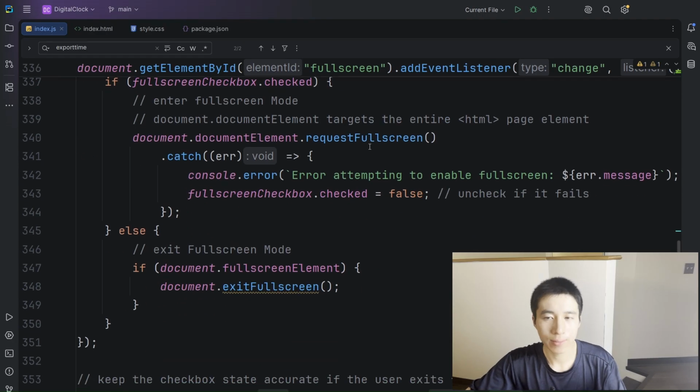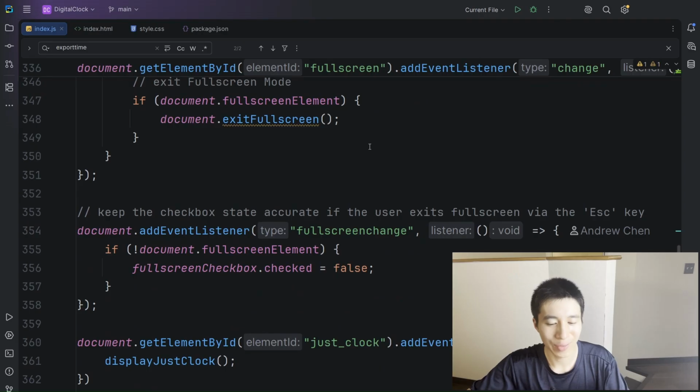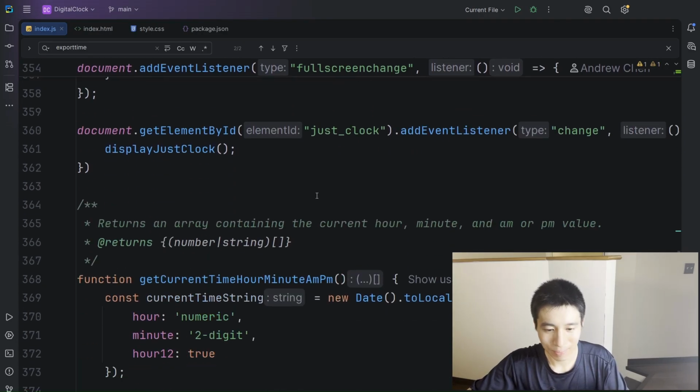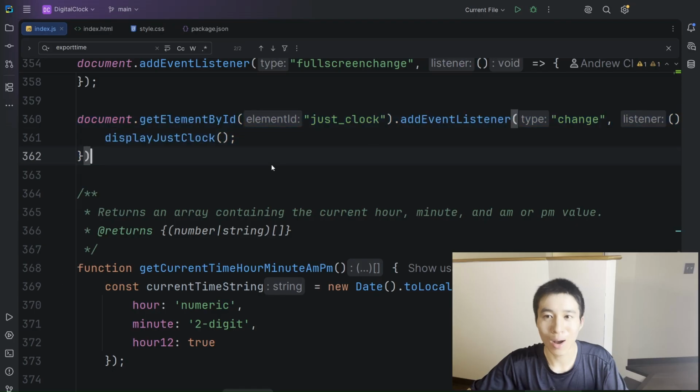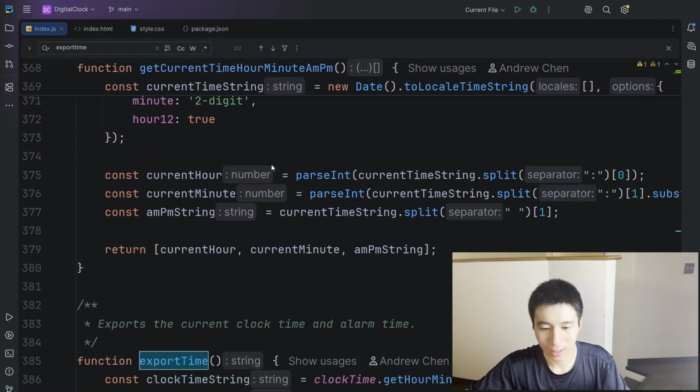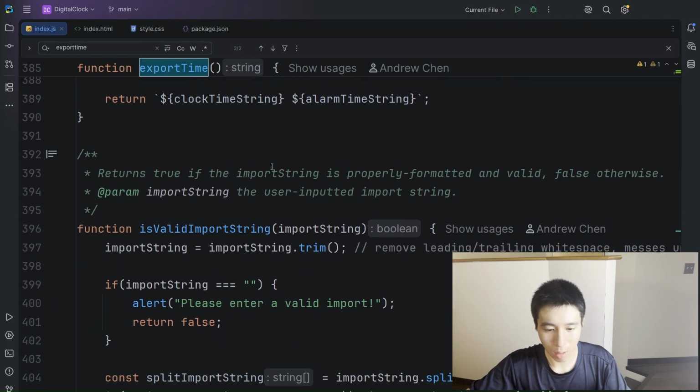A full screen. I won't go into this. It's quite convoluted code, but it just full screens. And lastly, this just displays the clock without all the text you saw at the very beginning of this video. Okay, so let's go over